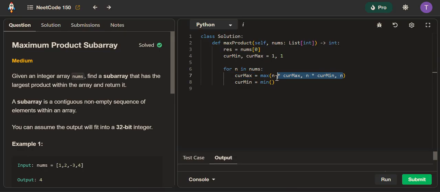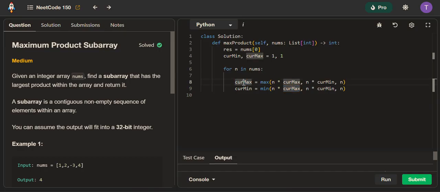Also notice that the current min is basically going to be the minimum of these same values. But notice that the current max here is actually going to be modified, right? Because the current max is going to be the maximum between these three values. So it might not be the same as what it used to be. So just in order to keep what it used to be, I will set a temporary variable, which is going to be equal to the current max times n. And I will replace this